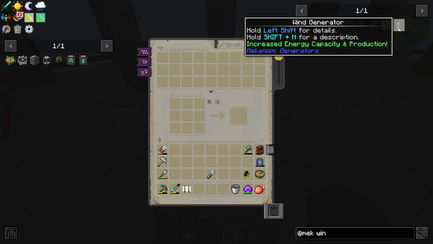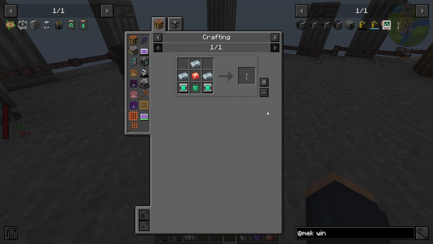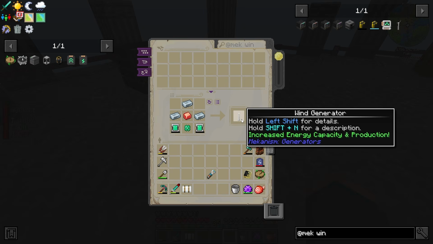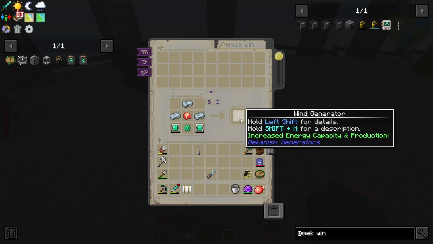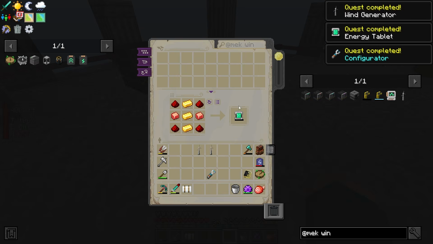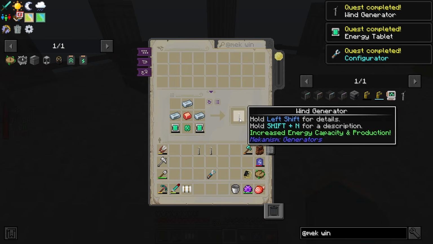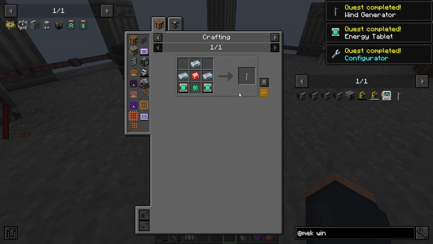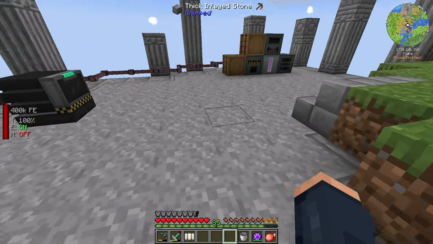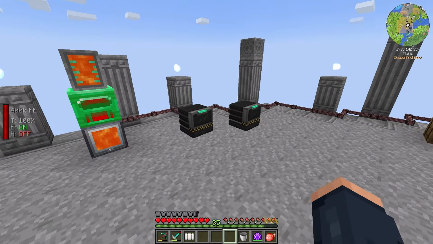So now back at the base, you may be wondering, Chosen, don't you already have good means of power? And I do. But it's not super cheap to replicate over and over again. Even with a quarry, we don't have an infinite supply of netherite, right? So that is something that I want to keep in mind. And I do want to dabble in a new mod in the future. That new mod is, of course, going to be Applied Energistics, and it's going to cost a bit of power